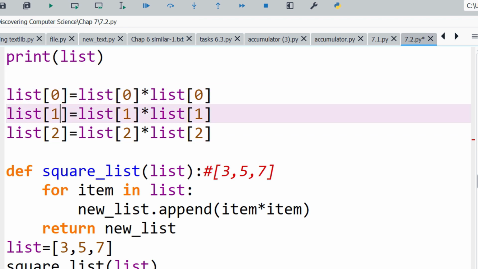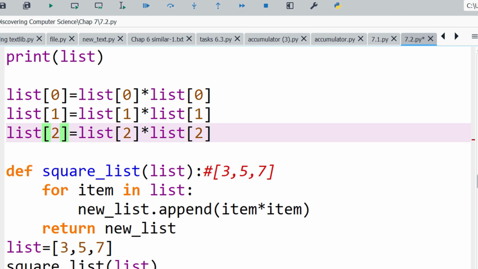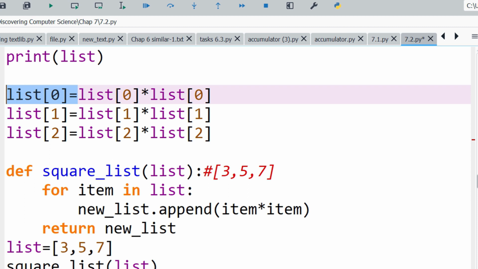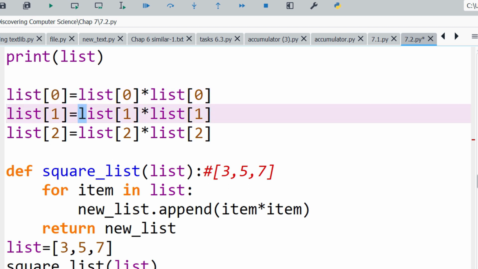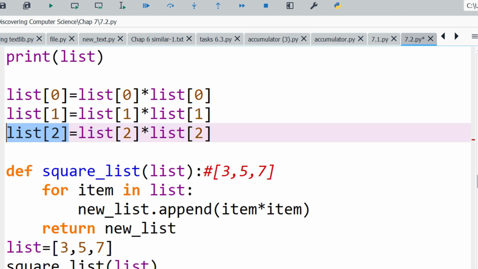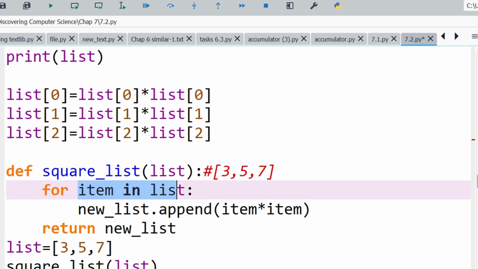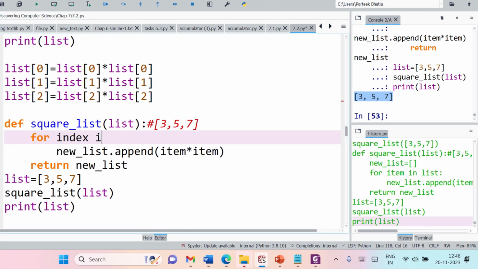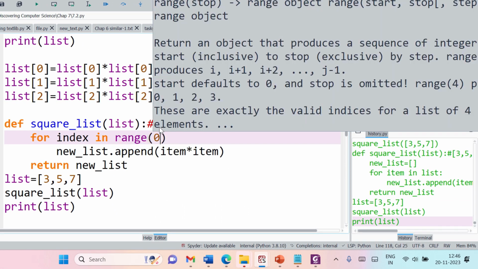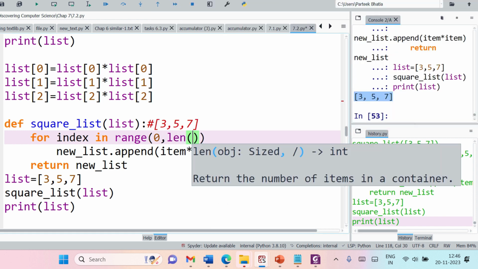I'm using index values to access all the elements in the list, accessing the first element, finding its square and updating it back into the first item. This is for the second item, updating it back. This is for the third item, updating it back to my list. I can use a for loop which will start from 0 and go up to the length of my list. So we need to modify this for loop. It will start with index in range from 0 to length of list,